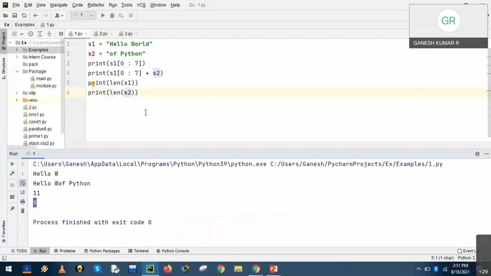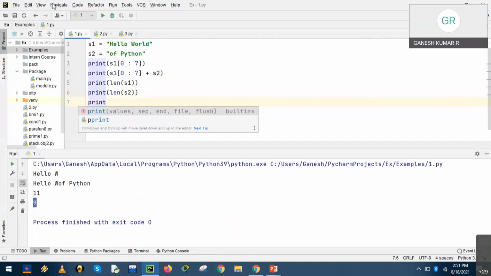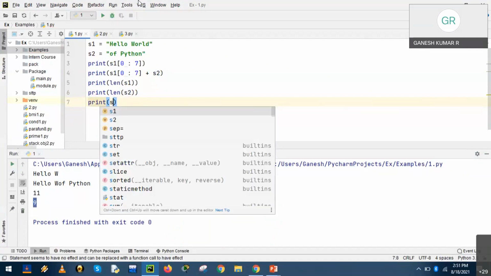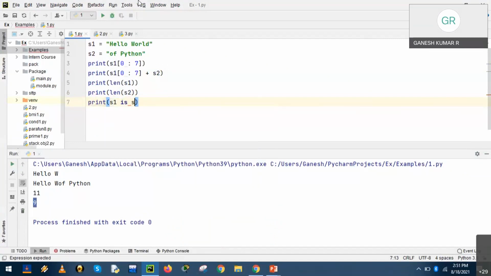Let us check. Next statement: print S1 is S2. We know that S1 is hello world and S2 is of Python. Of course, both are different and the result expected is false.